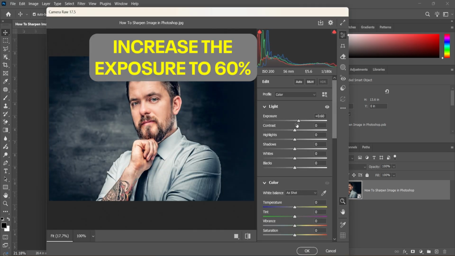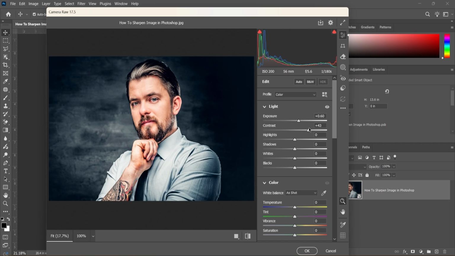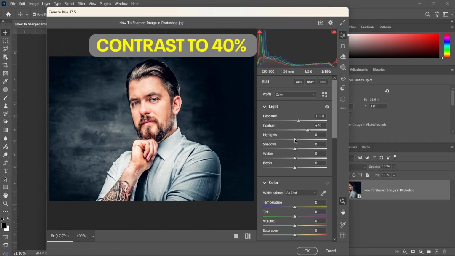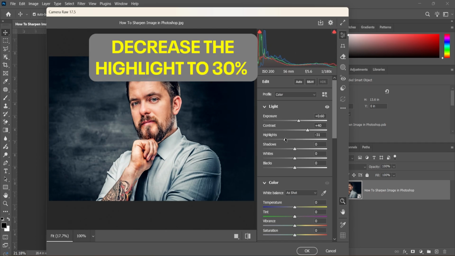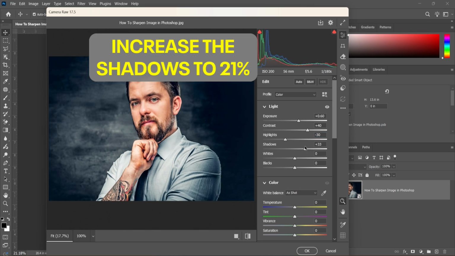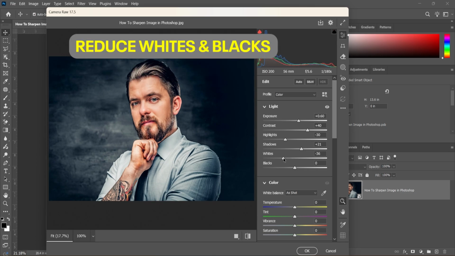increase the exposure to 60%, contrast to 40%, and decrease the highlights to 30%, and increase the shadow to 21%. Reduce whites, reduce blacks,